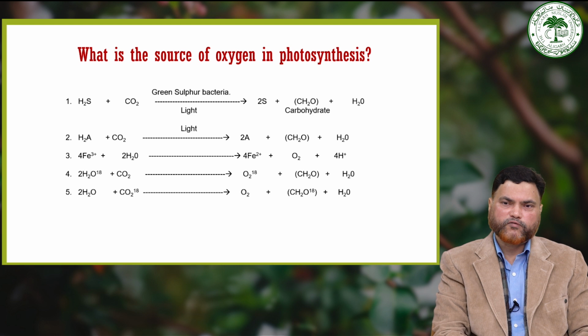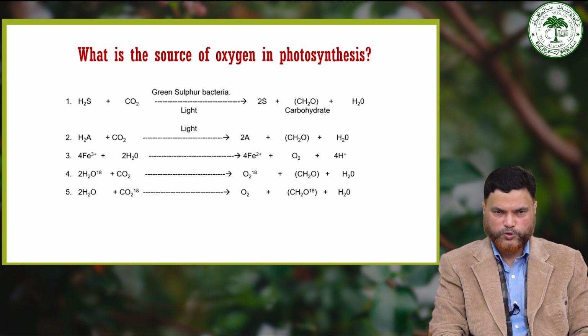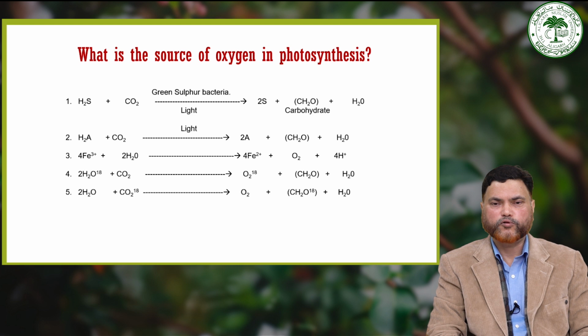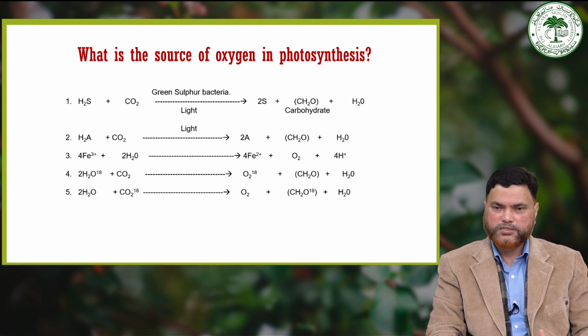Now, what is the source of oxygen released in photosynthesis? You must know whether it comes from carbon dioxide or from water. In this regard, I will take you back in history. In about 1930, it was assumed that the oxygen generated during photosynthesis was derived from carbon dioxide. This understanding persisted for a very long duration,